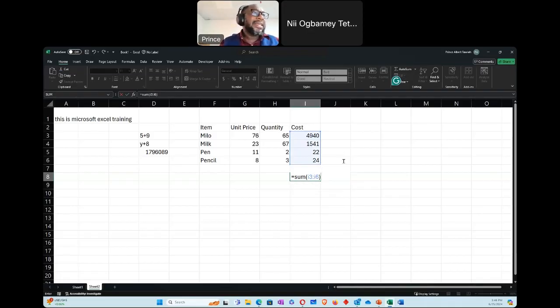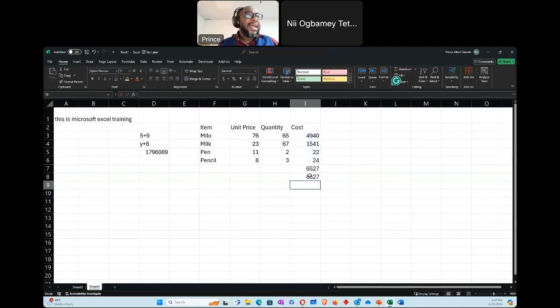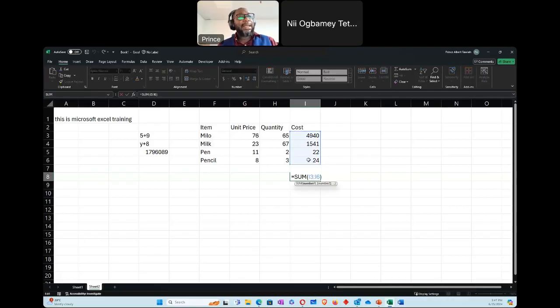So see that Excel has highlighted all of them for you. There are other ways you can do this. You can drag on them and all of those things. But it is important to know your cell names. If you don't know your cell names and you're working with Excel, you always have issues. So once I press enter, these two figures are the same. This one, I used the plus sign, and this one, I used a function, but the figures are the same, so it should get me the same thing.